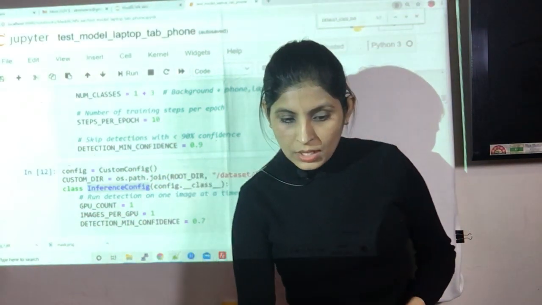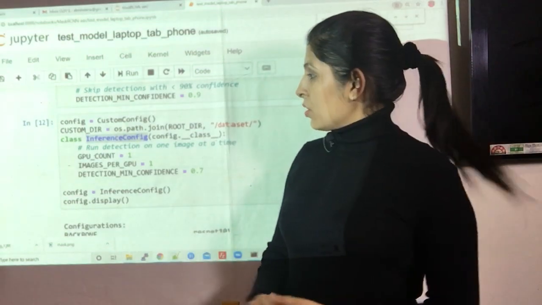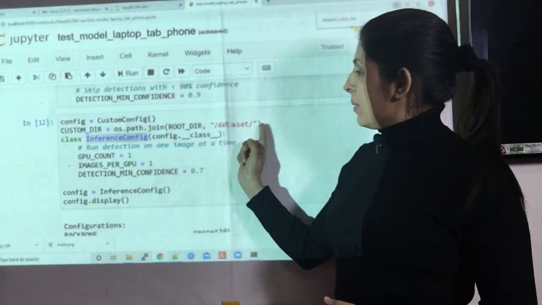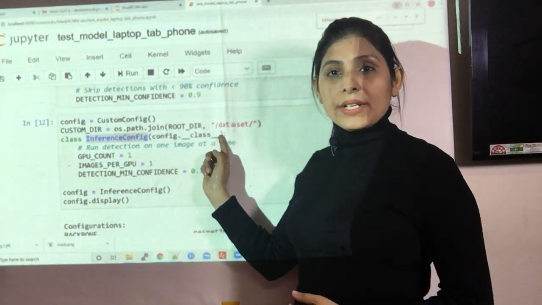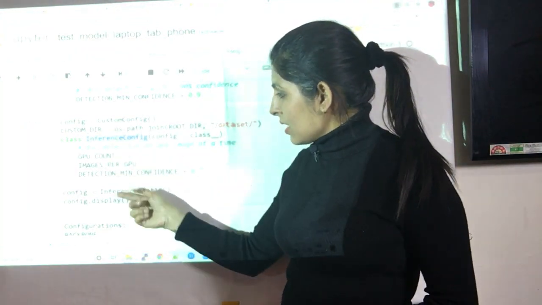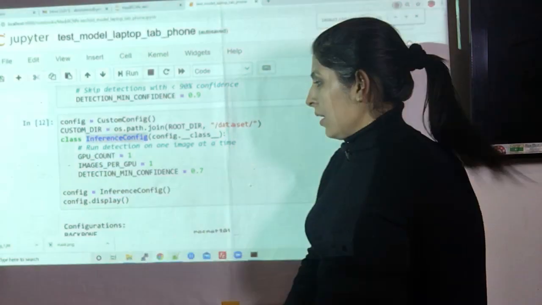All right, and then over here, custom underscore dir is a variable. In this variable I'm giving the path of my dataset folder where we have our dataset. Alright, and then this is a class, and this inference config I'm using over here, right?